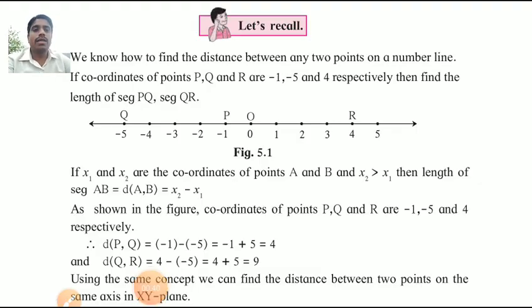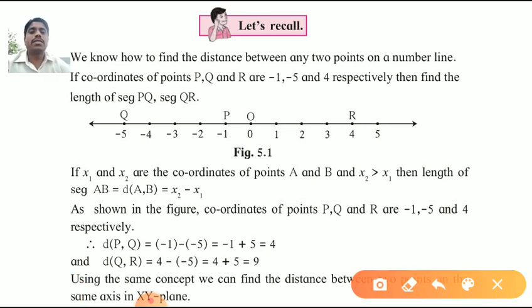Friends, in last year, 9th standard, we studied the number line and coordinate geometry. In coordinate geometry we studied the plane, axis, origin, quadrants, first quadrant to fourth quadrant, and the number line, and how to find the distance between points on the number line. See again, here is a number line with some points from -5 to +5. Suppose the points are O, P, Q and R.